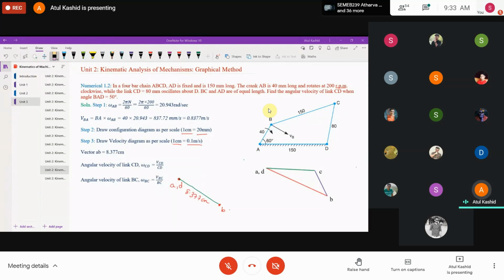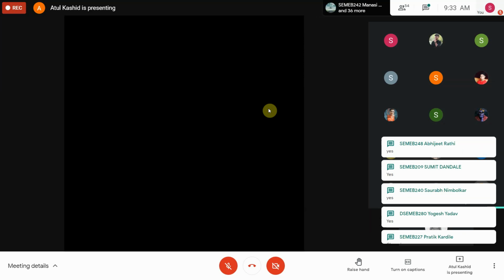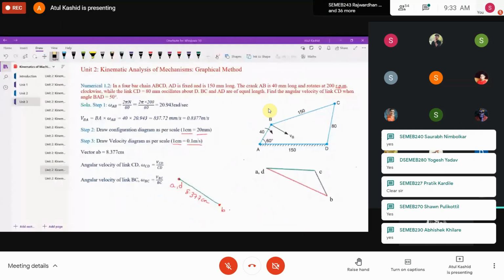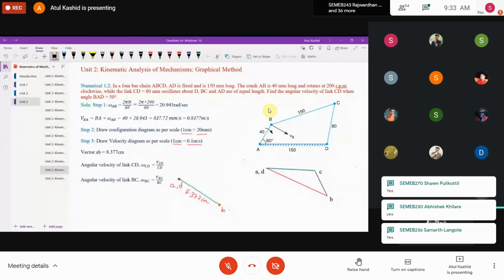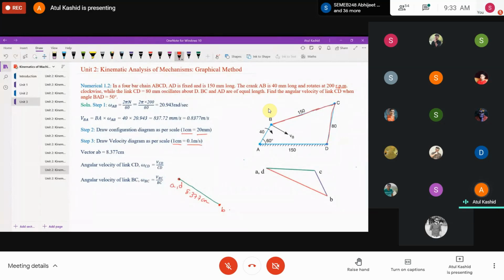We have started with the velocity diagram and we have targeted the first link, that is the input link, and we have drawn the vector for that input link. Okay, so now we have to target other links. So what are the other links of interest? We have the link BC over here and we have the link CD over here. Now the problem with these two links is that we don't know the magnitude for both the links. For the link BC, we know the direction, it will be perpendicular to the link. For CD, it will be perpendicular to the link. Always remember, directions for all the links will be known, but magnitudes are unknown.